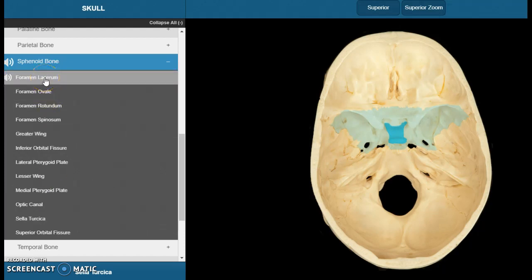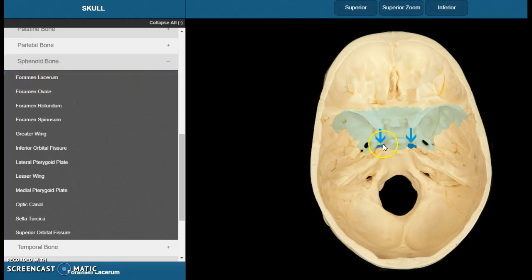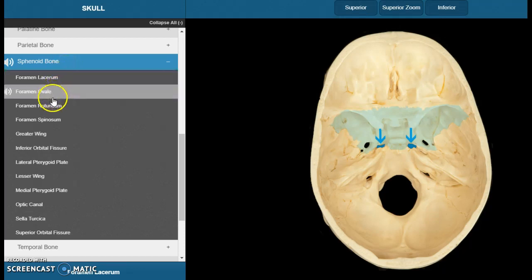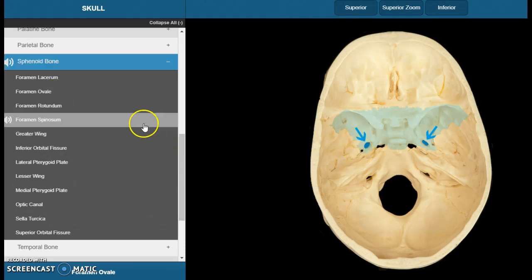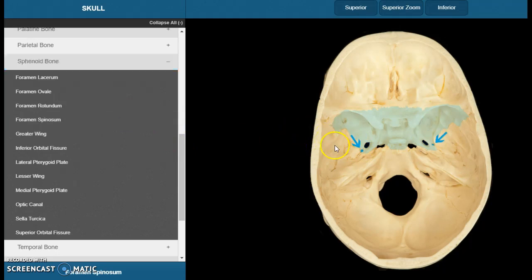And then he has a love serum, so he puts that love serum in the foramen serum, and you can see that right there. And then his boots go in the foramen ovale right here, and then his spurs go in the foramen spinosum,